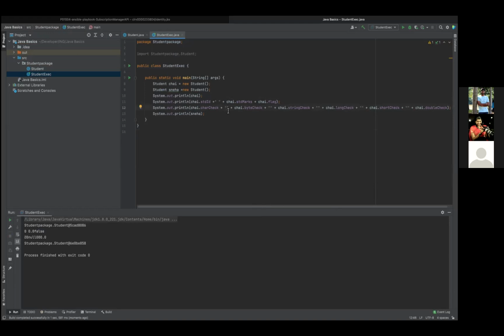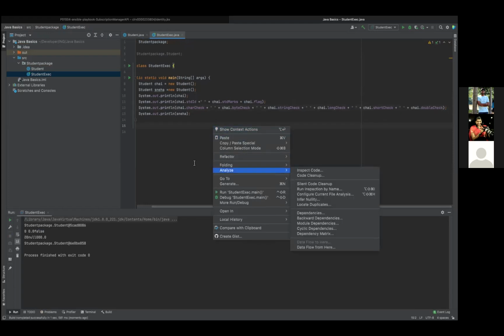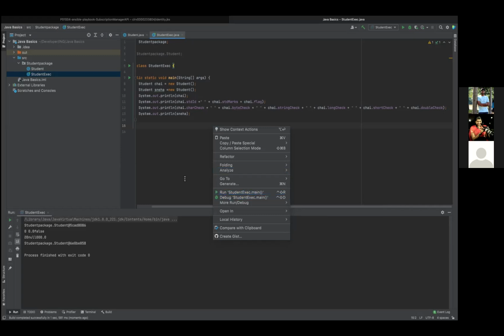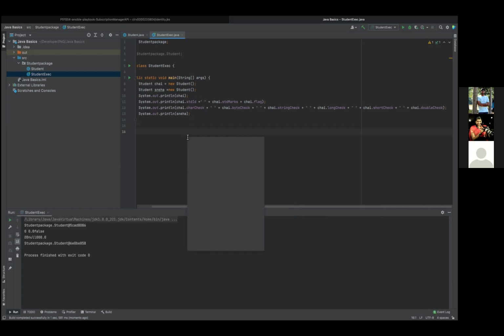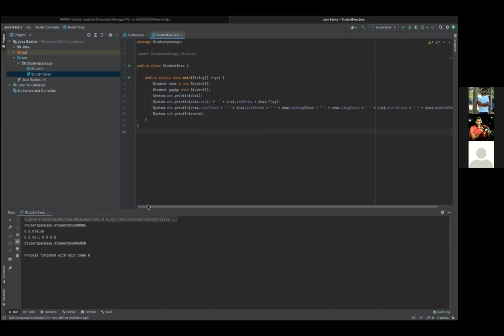Can you just give space? Save it and execute again. How to save? Just Control S. So now if you see, your character is again defaulted with value.